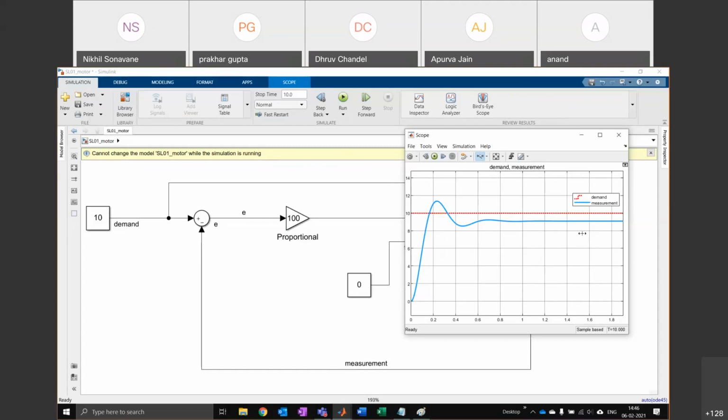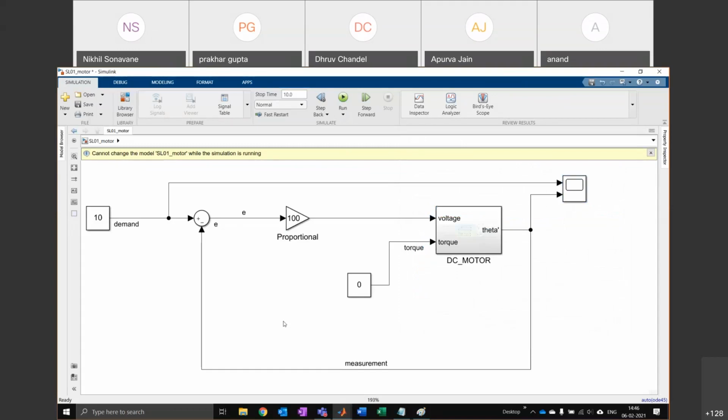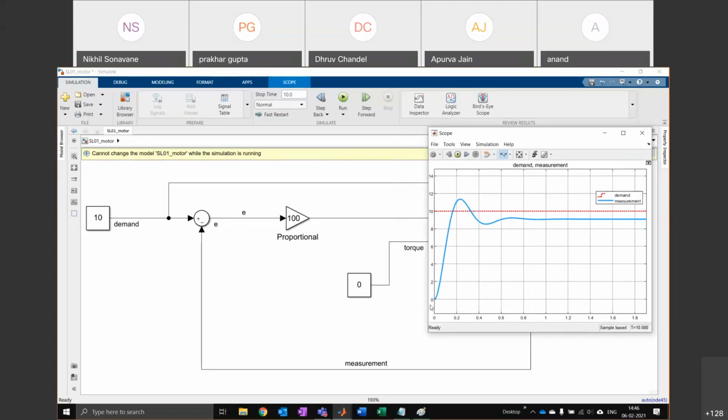Inertia, not exactly. It's something to do with the mathematics of how this is configured. Heating of the motor, no. Torque, no. Okay, I'll tell you. So just imagine we are here right now at time step number 0. Your demand is 10. What will my error signal be? So I'm here at time step 0. My demand is 10. Measurement is 0. What will my error signal be?